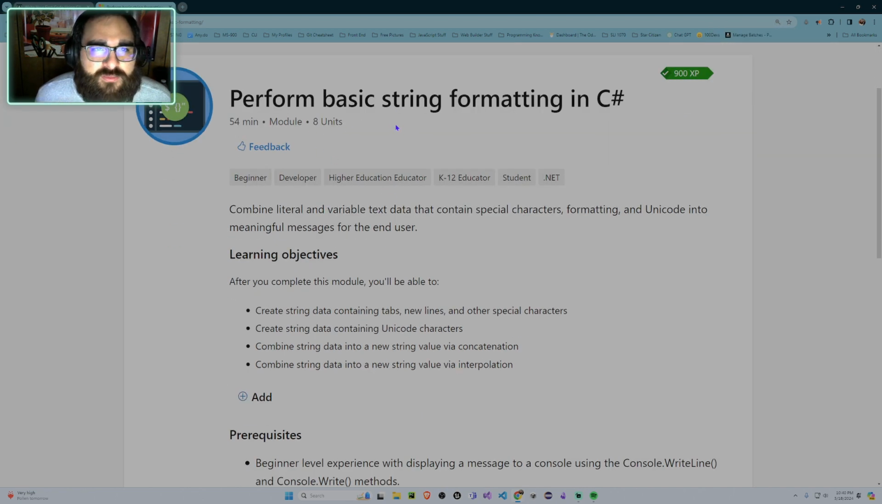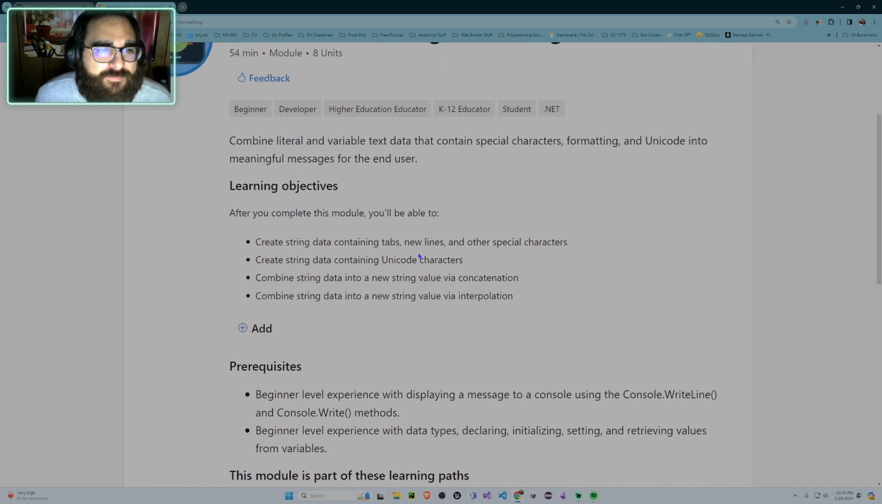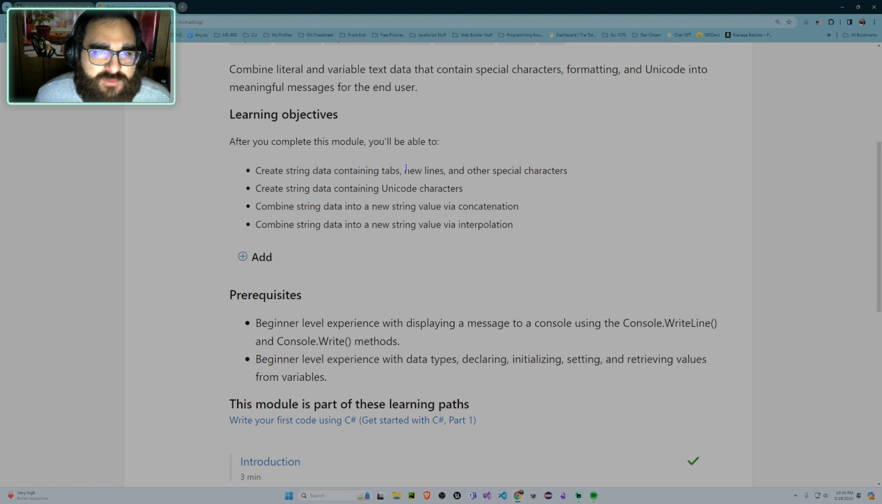Alright, so in this one we're going to perform basic string formatting, combine literal and variable text data that contains special characters, formatting, and Unicode into meaningful messages for the end user. After you complete this module, you'll be able to create string data containing tabs, new lines, and other special characters. We're going to learn about the special characters, we're going to learn about Unicode characters, and we're going to combine string data into a new string value via concatenation, which in the previous videos we kind of did with, like,